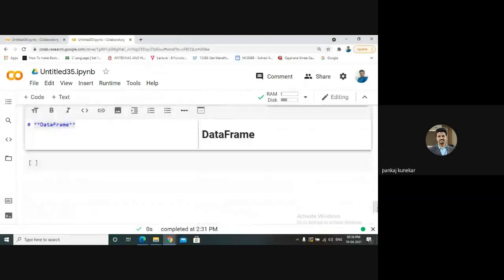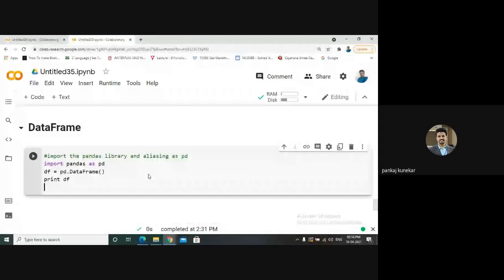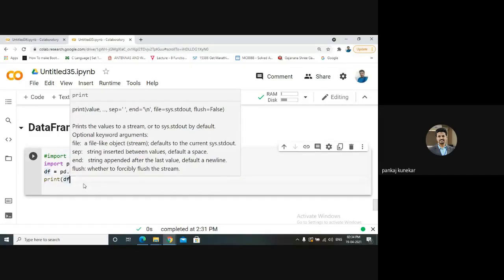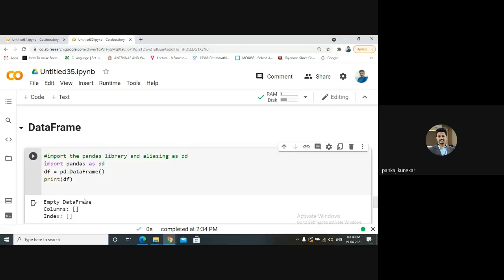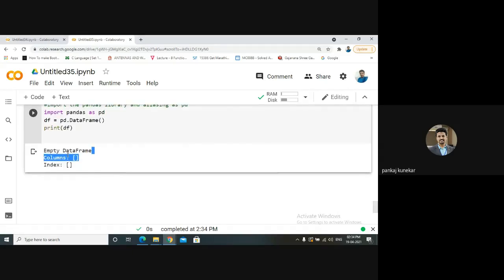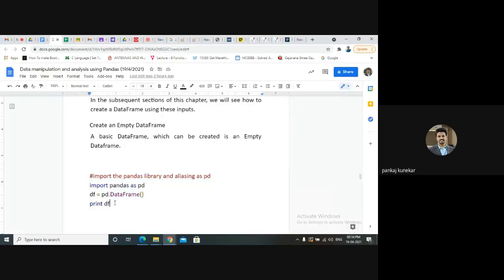Now I will copy paste this one. I have created a data frame by importing pandas as pd, and I am creating df equal to pd dot DataFrame. DataFrame is a constructor to create a data frame, and we have printed df. You can see here we have an empty data frame, displaying empty columns and index because it is empty. We'll add some data in the data frame.